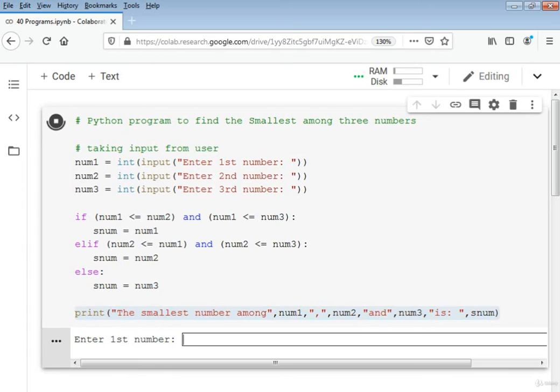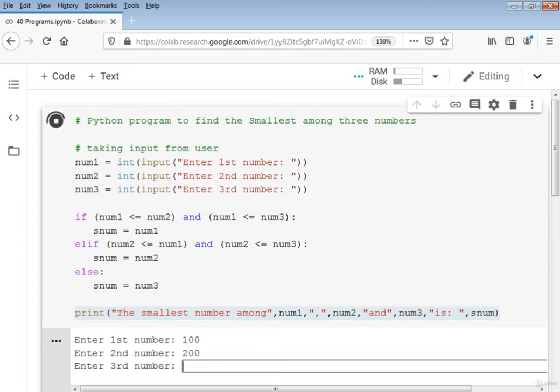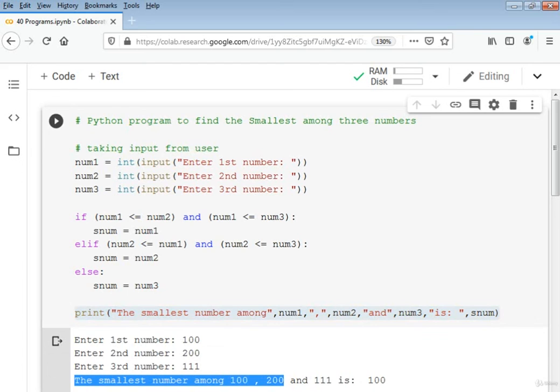that. Here you see that we will enter the first number, that is 100, the second number is 200 and the third number is say 111. So we will execute it and see. So you see here that the smallest number among 100, 200 and 111 is 100. So this program was to find the smallest number among three